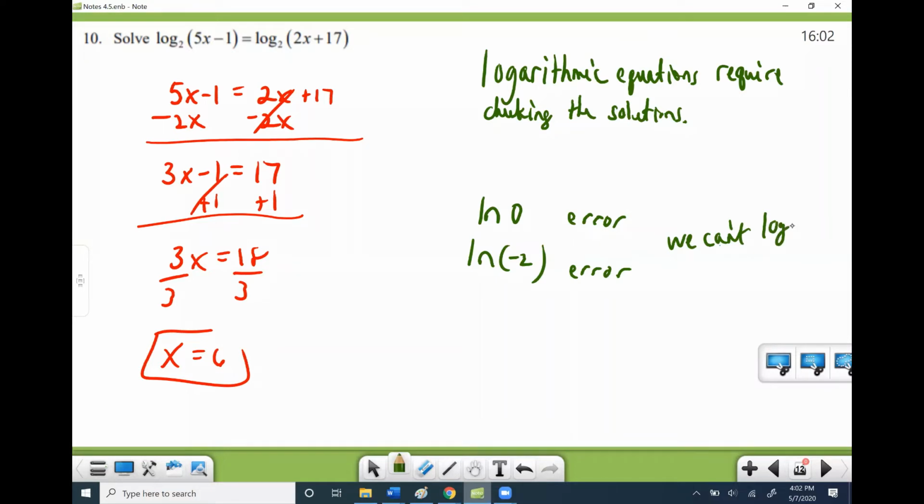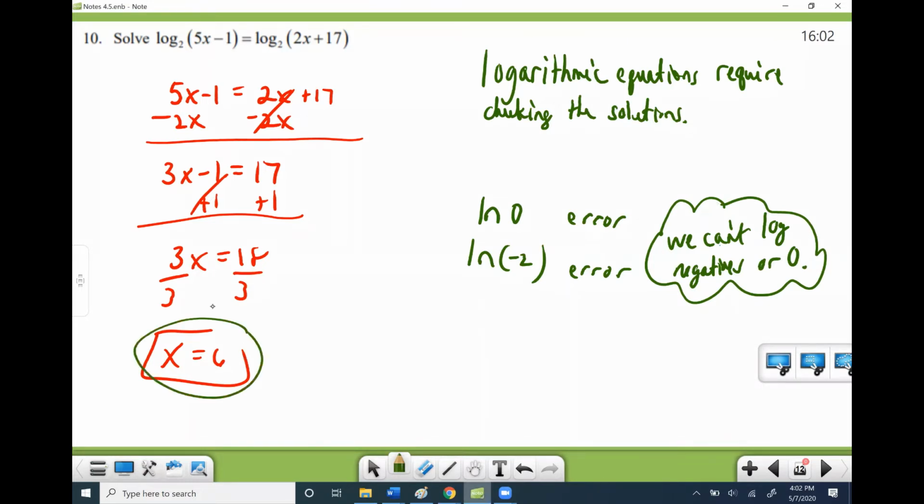We can't log negatives or zero, okay? So sometimes what will happen is this number that you get down here, your solution, when you plug it back in up here, sometimes it ends up getting you a zero or a negative. And then you're like, okay, well then I can't take that solution. Like let's say for example, you got the answer of x equals 1. Well, oh not 1, that's not gonna work. Let's do -1. So if I got the answer of -1, and I put a -1 into this first part,